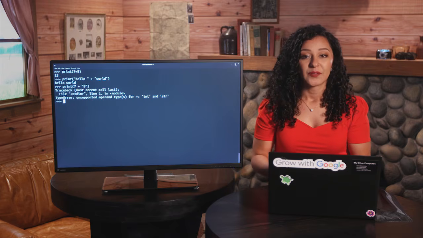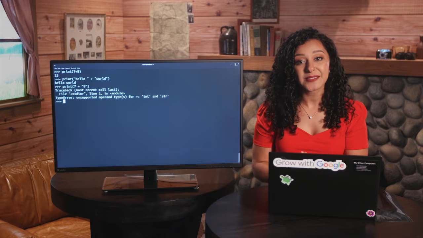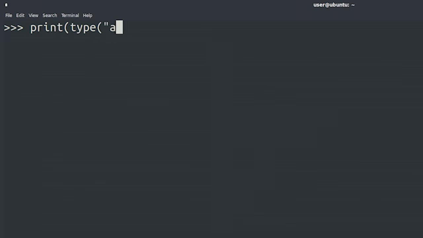It might be helpful to think about data types in terms of the information they can represent. For example, the name of a file would be represented as a string data type, while the size of that file might be an integer data type. If you're ever not 100% sure what data type a certain value is, Python gives you a handy way to find out. You can use the type function to have the computer tell you the type. This might come in handy when dealing with code that someone else wrote and you're not sure what data type it's using. For example,